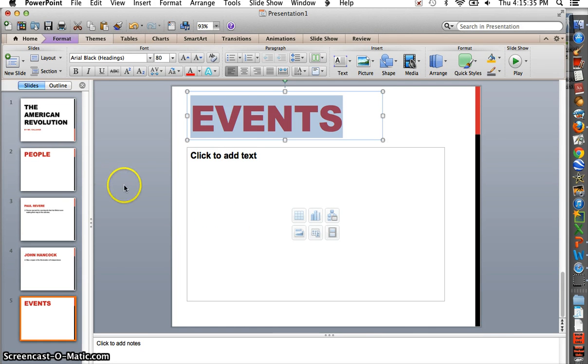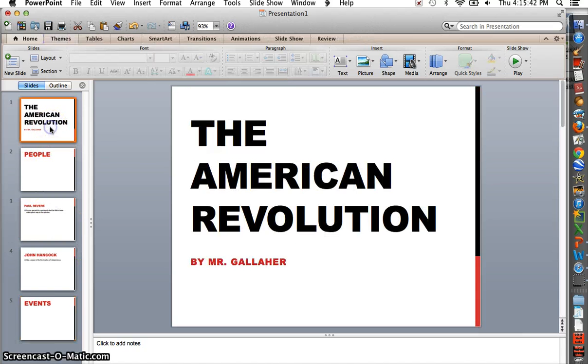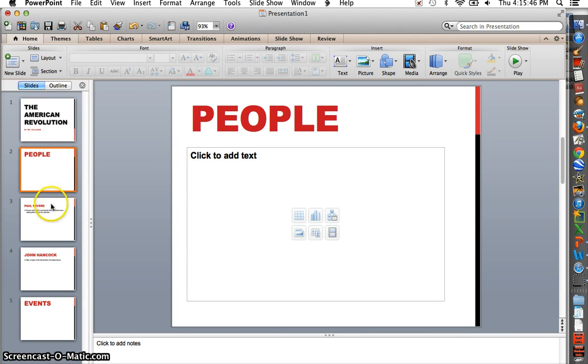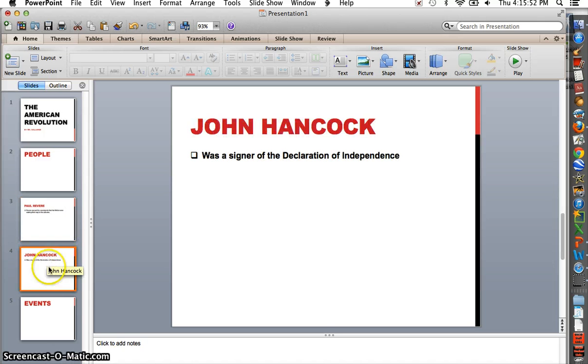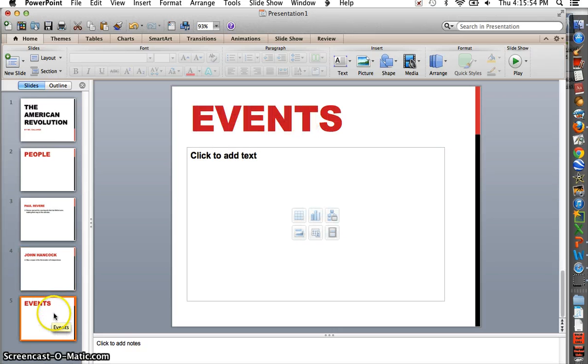So now we have, if you take a look at what we have in the tools section, or the toolbar, you can see we have the title page, the American Revolution with your name. We have the cover slide for people. We have Paul Revere slide, which types his facts in that you found in research. John Hancock slide. Now we're ready for events, and maybe one of the first events that you researched was the